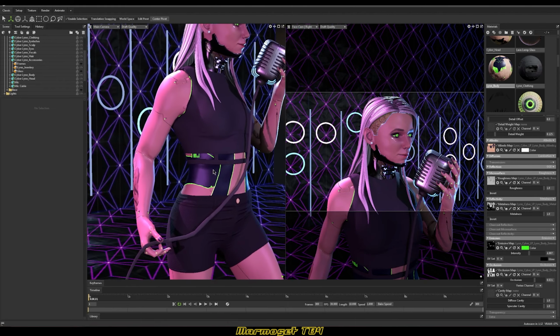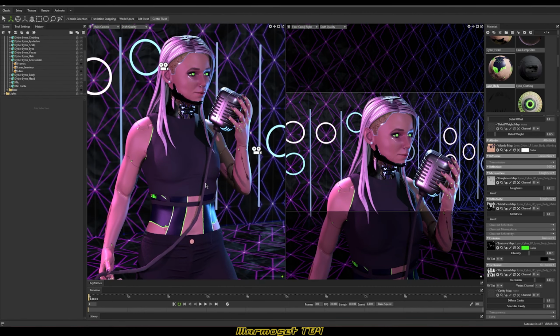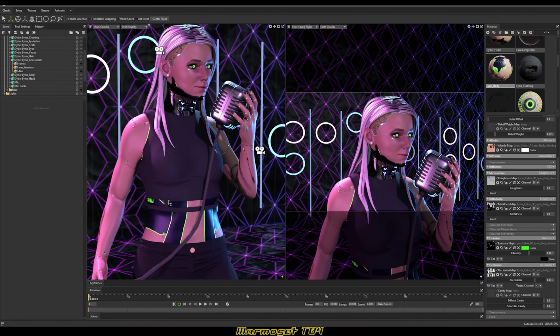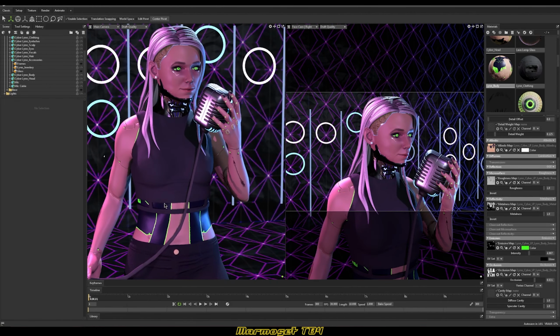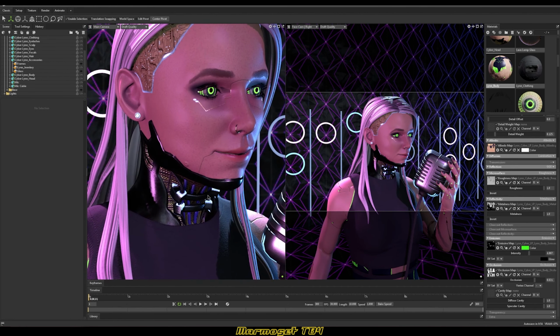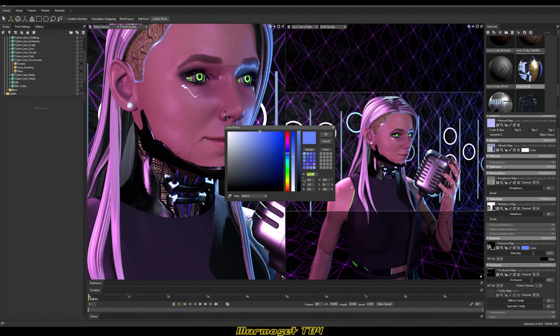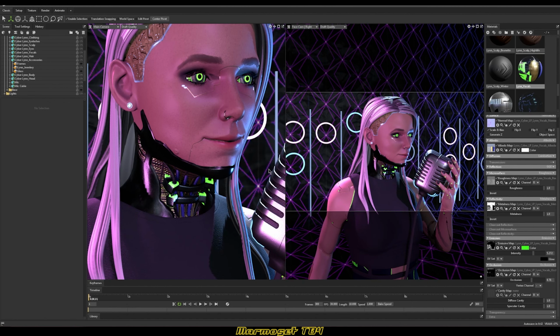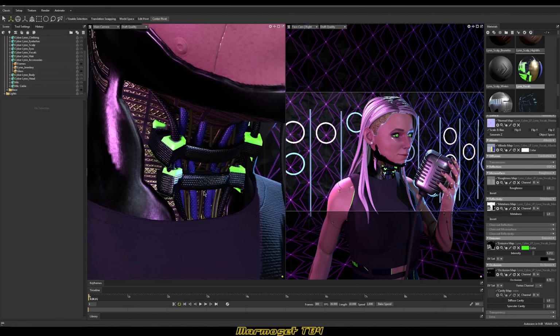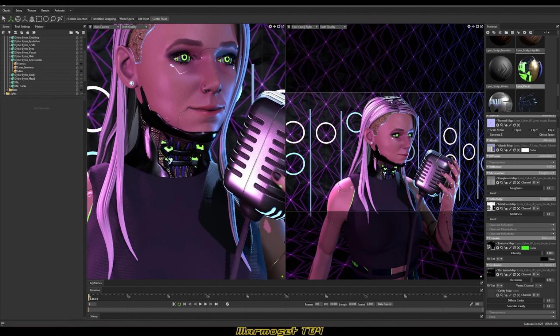If we wanted to do this in Painter, there's probably 3 or 4 different layers that control the emissive for the body. So to just do it by changing one value, it's so much better. We'll do it to the vocals as well. Control V, and now the emissives on our vocal apparatus are green as well. And we could always come in and increase or decrease the